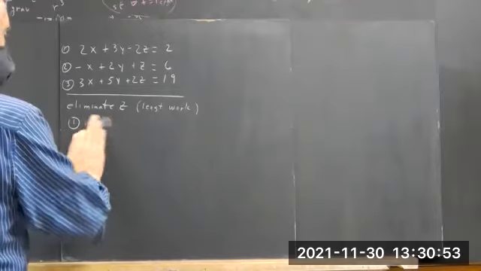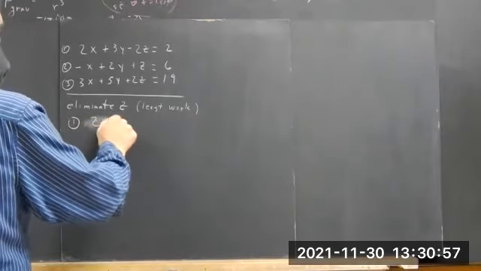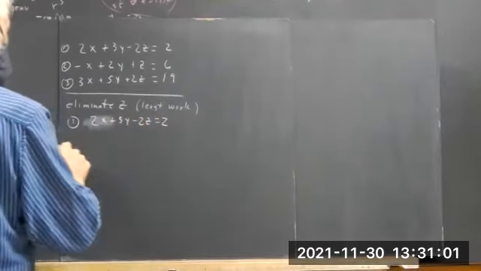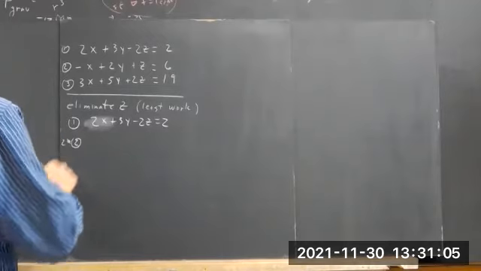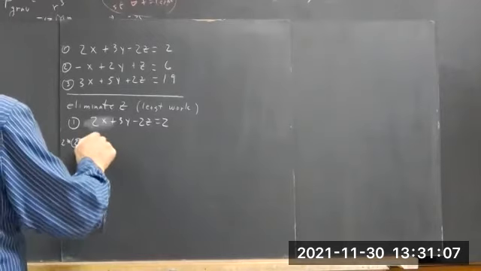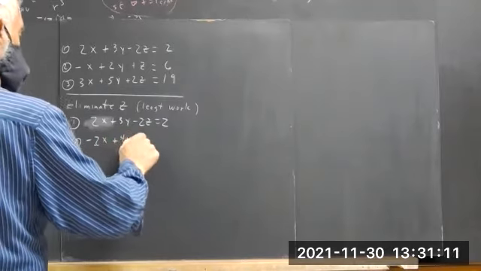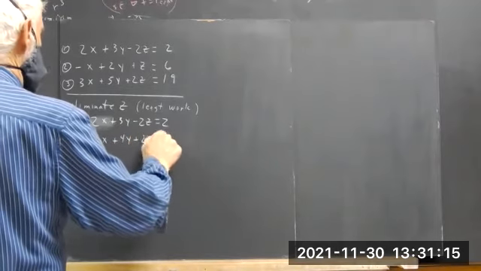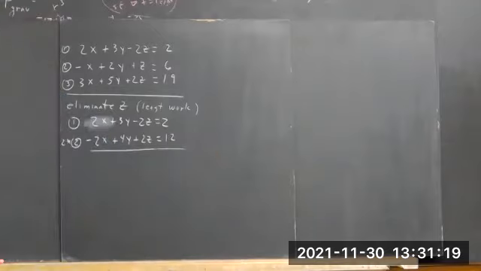Oh, sorry, did everything at once. Take equation 1, 2x plus 3y minus 2z equals 2. And then 2 times equation 2 conveniently gives us negative 2x plus 4y plus 2z equals 12. We add these, and conveniently,